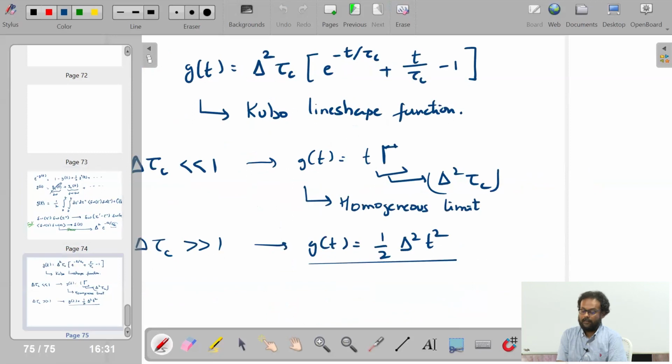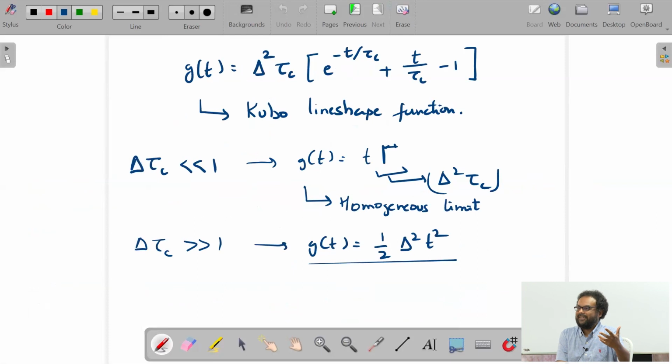But this expression itself is generally valid. So even in the case where I have homogeneous and inhomogeneous contributions, fast fluctuations as well as slow fluctuations, you have both of these contributing. Now you might ask, how do I know when I have these fast fluctuations? When do I have my slow fluctuations? At the heart of it, it's all related to the kind of bath I'm dealing with, right? So it has to be somehow related to some property of this bath. And can we get that understanding of what kind of bath I'm dealing with?